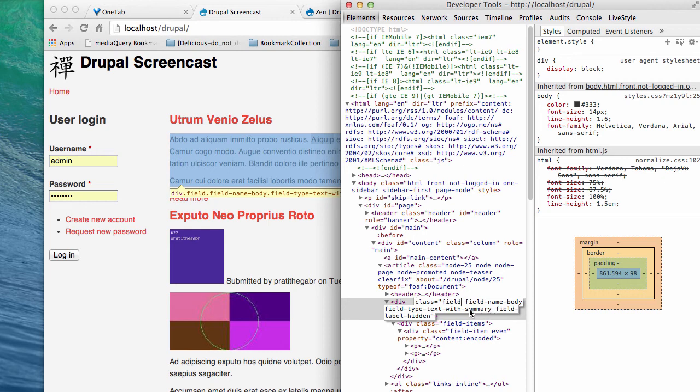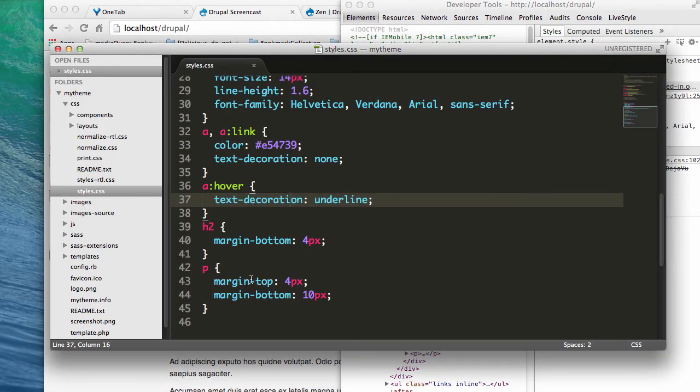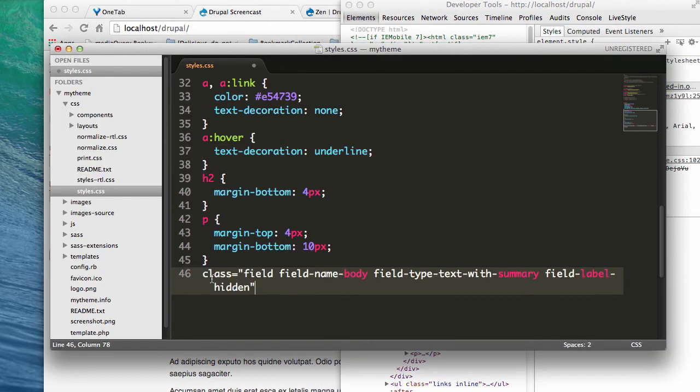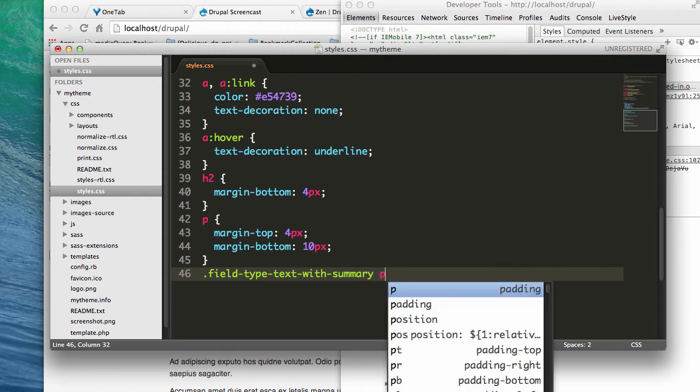Let's see where that starts. I think it's this here. In fact, why don't I copy the whole thing and then paste it in my CSS file. It will be clear here where it ends, where class field. Yeah, I'm going to use this. You don't have to use them all when you want to style something. It looks like this is one class. So I'm going to do this for the div that has this class, and if there is a paragraph inside of that div,